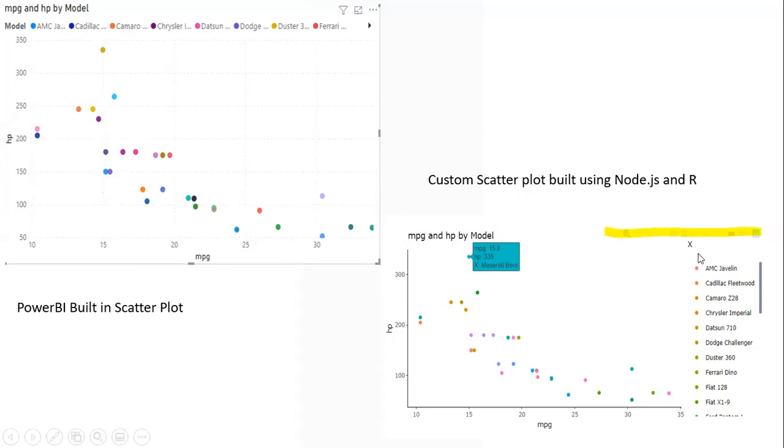The main difference, which I have highlighted in yellow here, is that I have imported Plotly related features into this particular image so that we can use these advanced features while interacting with this image. We are going to see what those advanced features are when I start the demo.